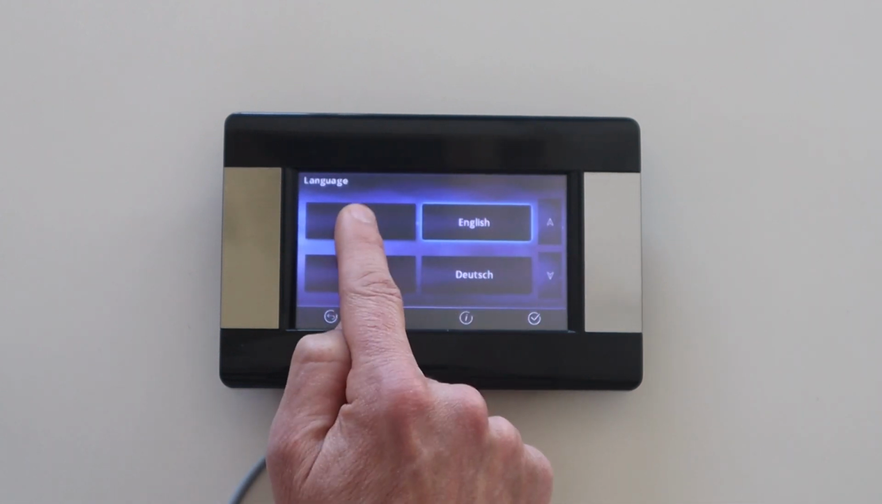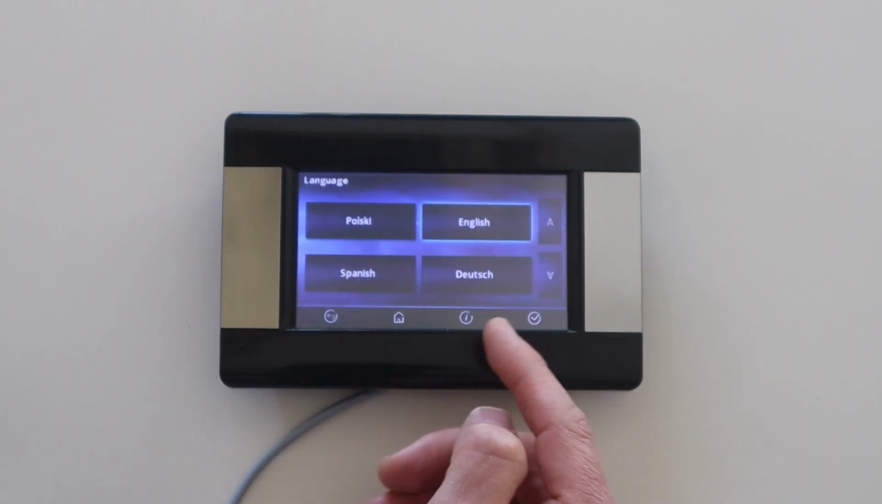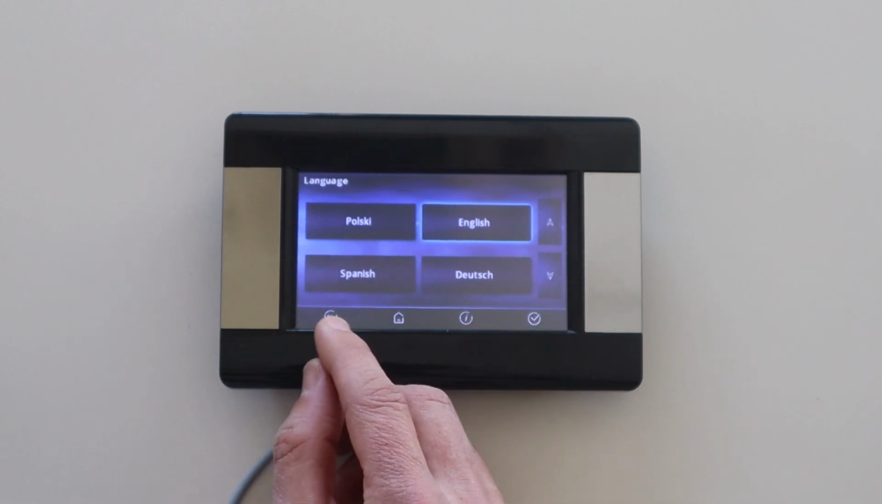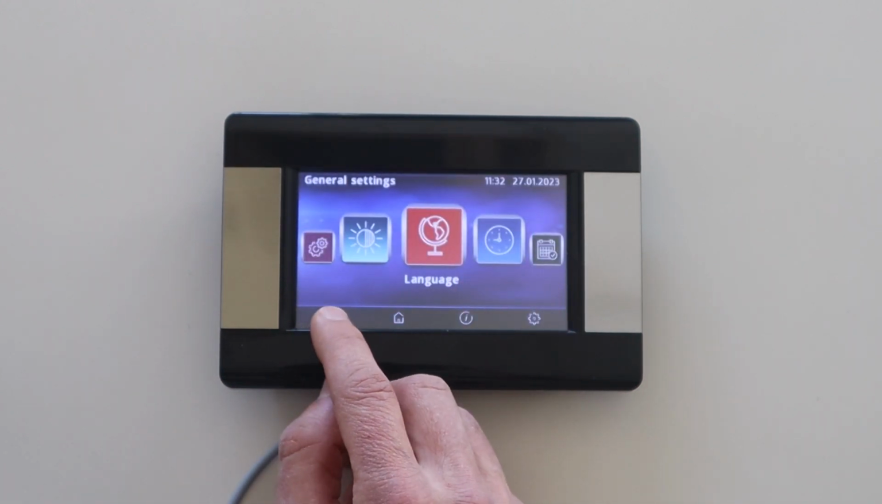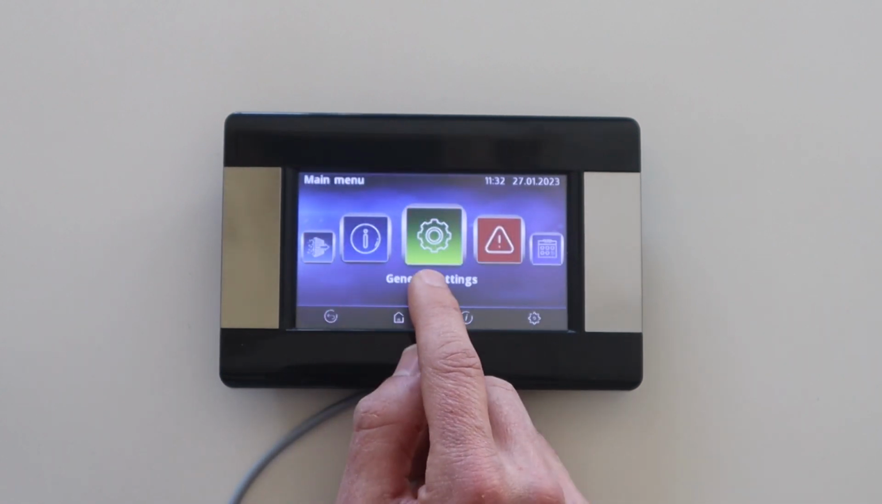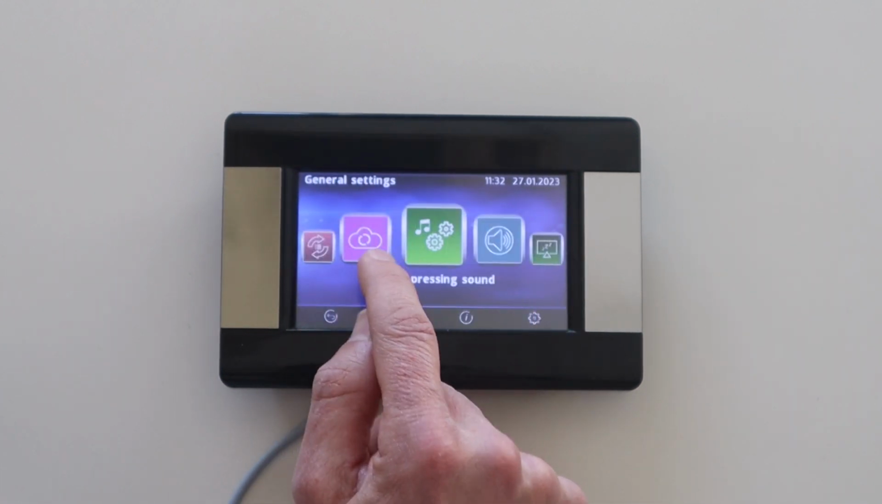Language, and modify as you want, and all the menus will be changed to your language. Okay, apart from that, I find it also interesting to take a look at